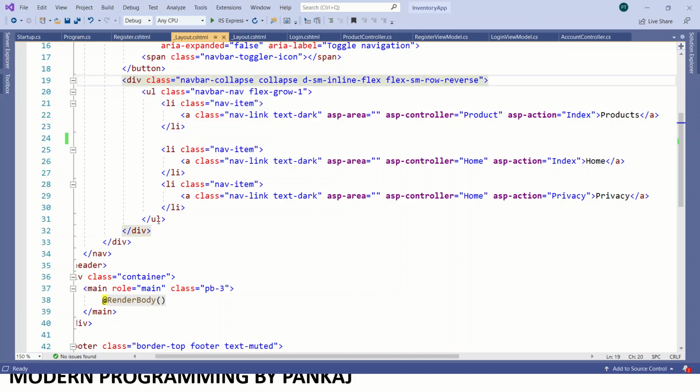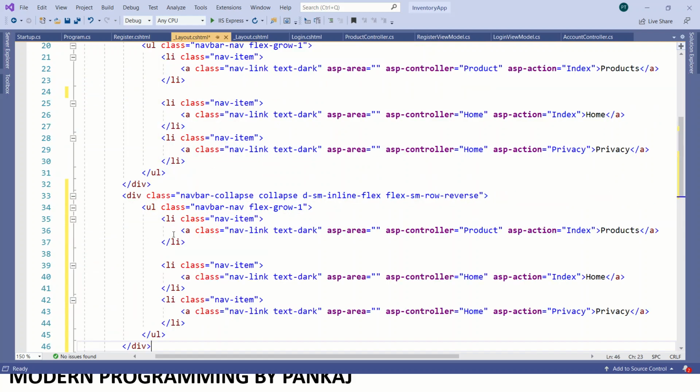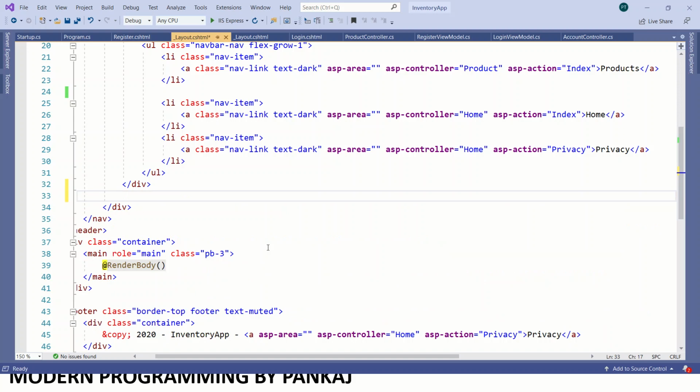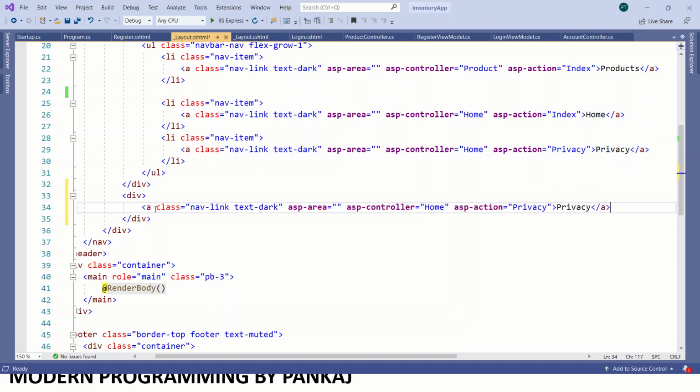So let's have one more div, and we'll have a simple link, which will be called logout. And let's run the application now.